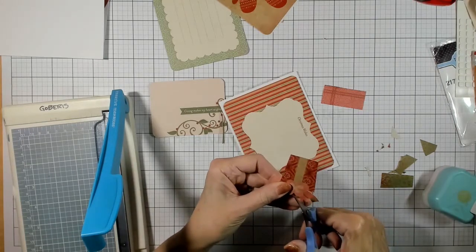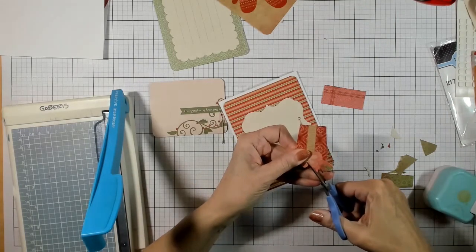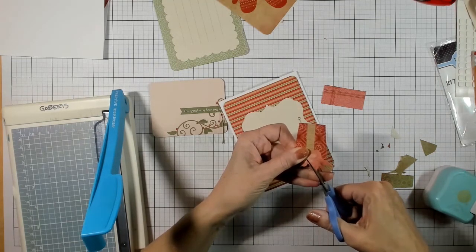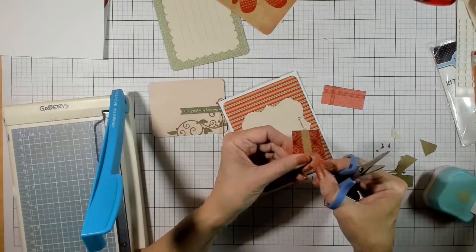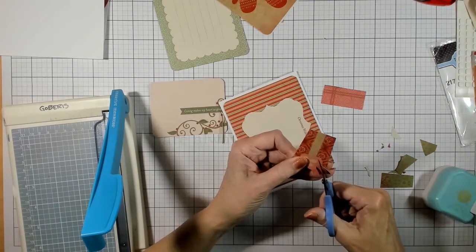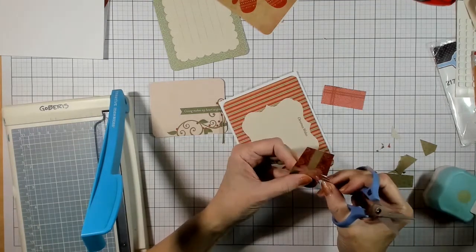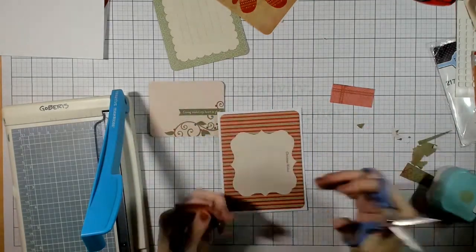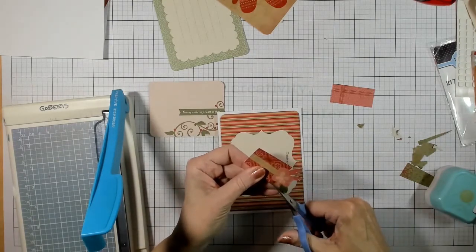This is just not making me happy. So I'm going to trim in a little more than is required. There we go. And there. And there. We did that. Okay, and now we have to just get along our leaf